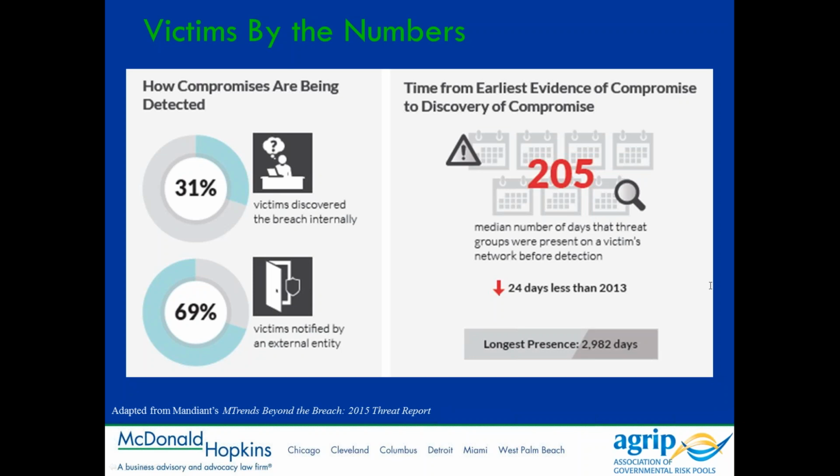So that means these threat actors are getting in, they're sitting on systems, they're gathering data very stealthily, and they're doing bad things or waiting to do bad things, and they're going undetected for quite a while. And you can see that the longest presence that somebody actually admitted to was just under 3,000 days. So that gives you an idea of how sophisticated these attacks have become and how difficult it is to truly identify these